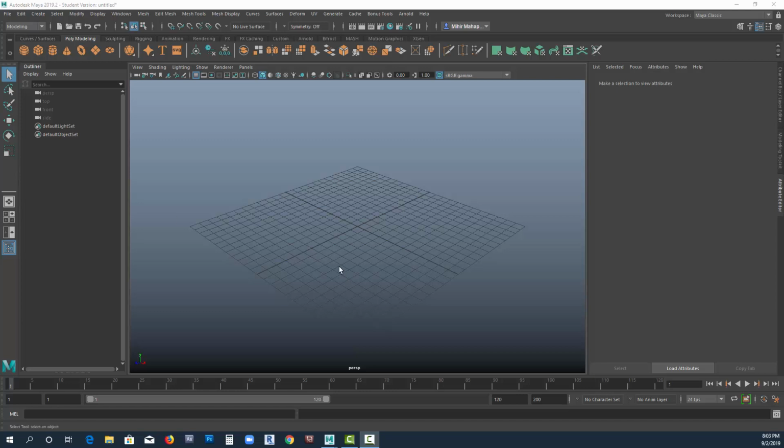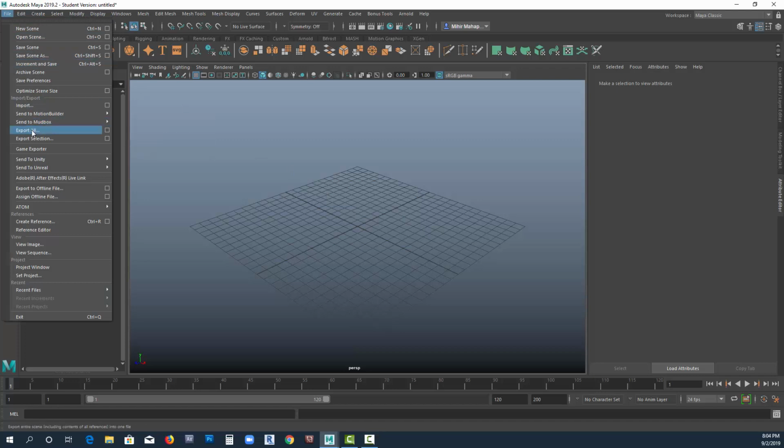So, like any other work we do with Maya, we always create a project and then we work with our scenes and other related tools so that everything stays inside a project folder. So let's do that first. This is true for modeling also. If you are creating a model, you create a project and you save it inside that project folder. So File, I'm going to scroll down to Project Window. I'm going to click on that,